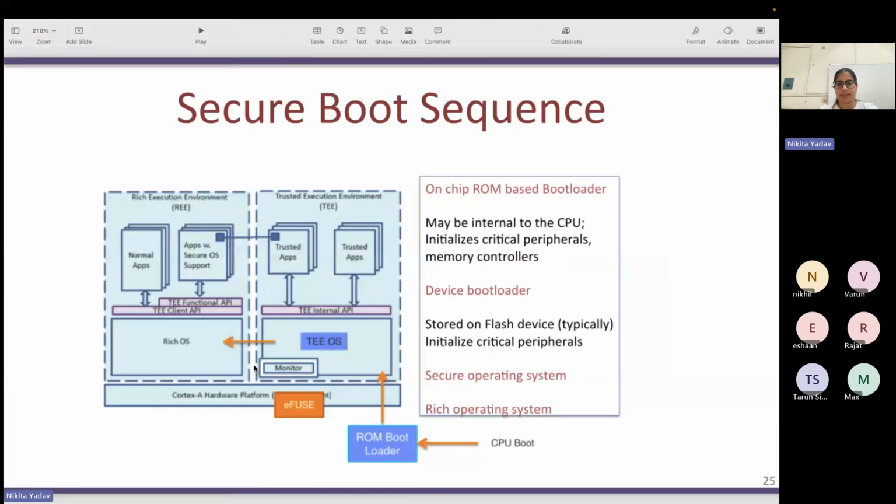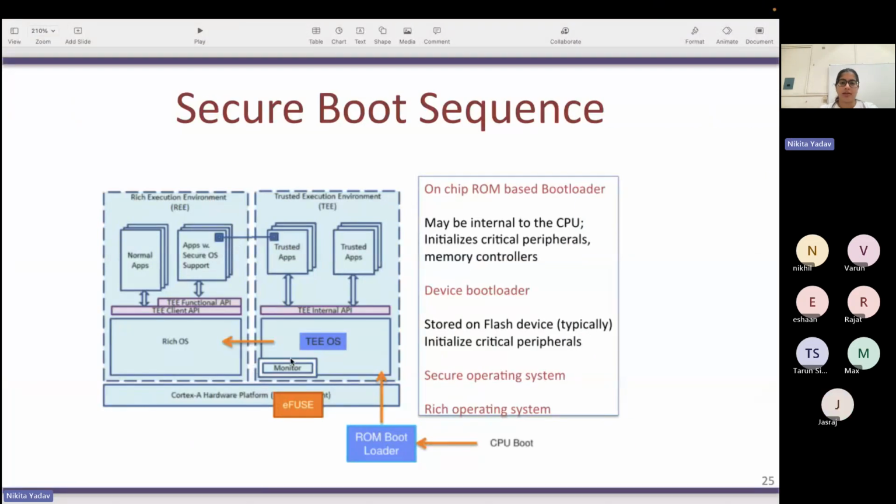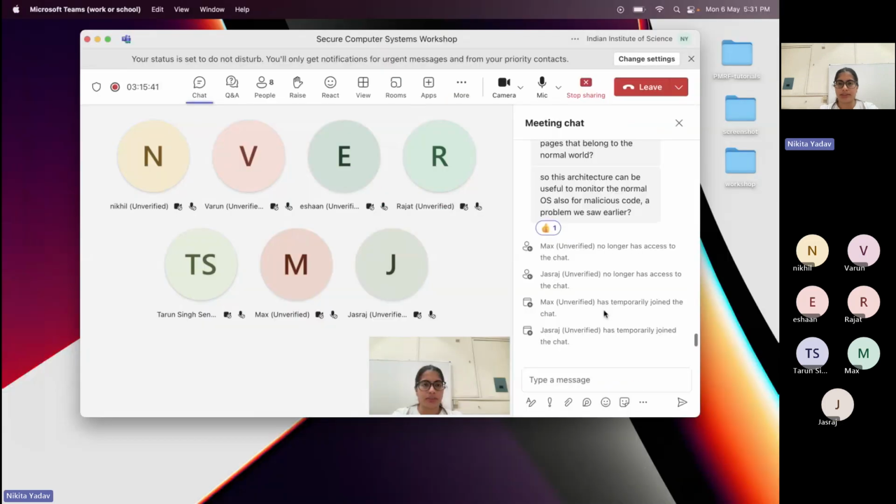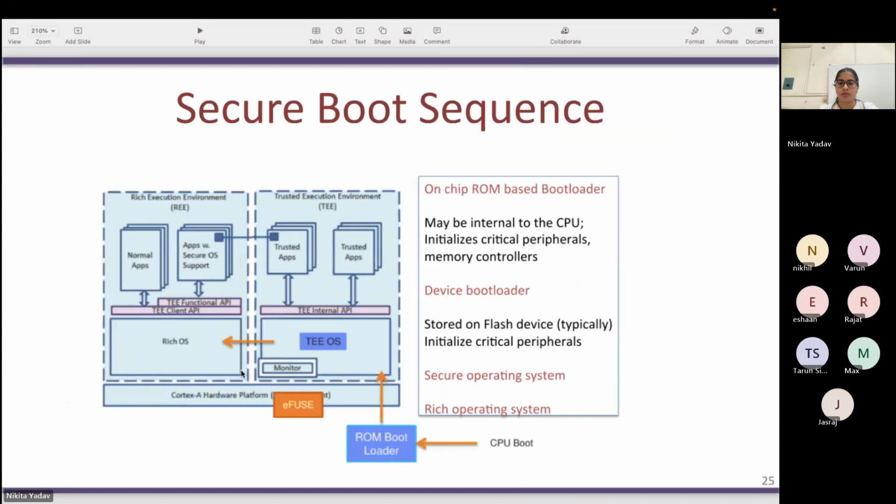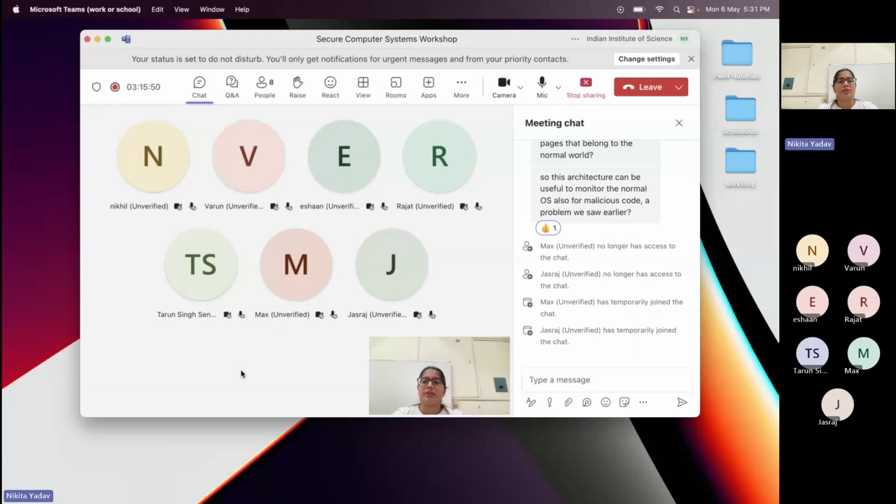I hope that clarifies that question, and if there are any other questions, then please let me know. Okay, so if there are no questions, or if there are any, then please feel free to put them in the chat box. What we are going to do now is we're going to stop for 10 minutes, and